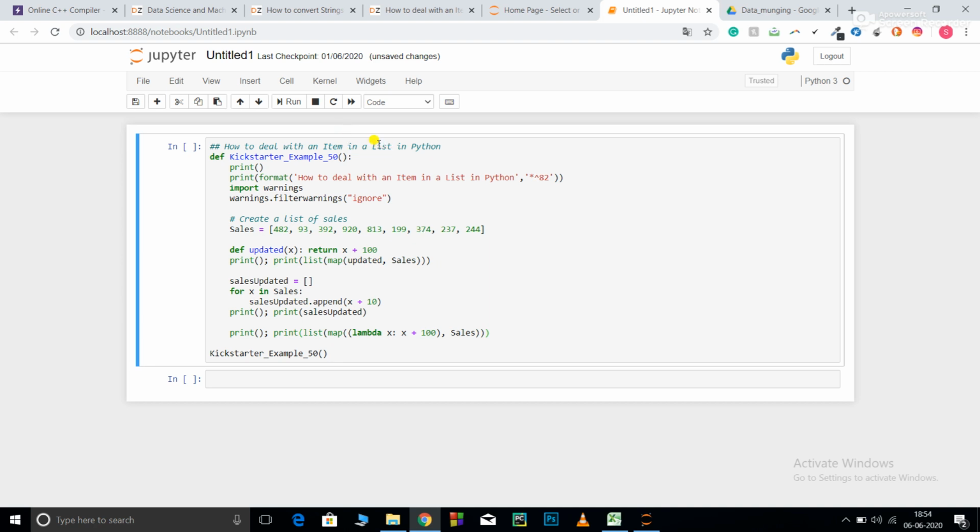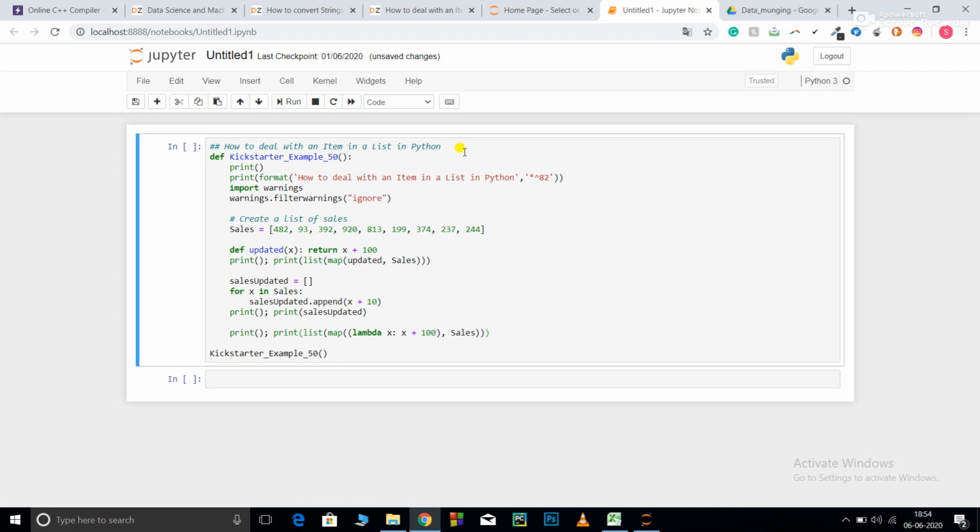So first of all, what is a list? A list is similar to an array, but contrary to the array that we generally see in C, a list is much more powerful as compared to an array. An array is of a data type, for example int or character or string, whereas a list does not need to be defined as a data type. It is a class of itself.